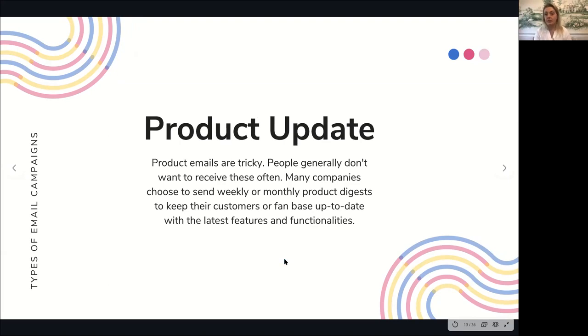Product updates, right? So if you are actually selling a physical product, a great example of this is, for instance, software on your computer, right? So you're selling an actual product. And I'm thinking about, okay, Denise, I'm thinking of you, QuickBooks, okay? If QuickBooks updates their software, more than likely, if you use it, you're going to receive an email from them in your inbox that says, hey, we've updated our software.